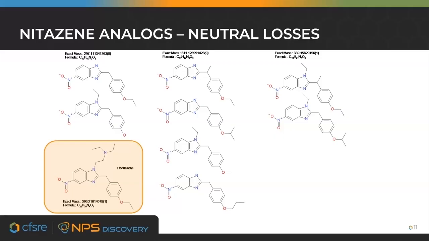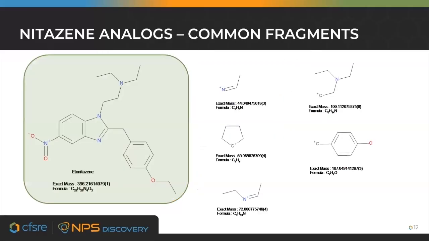whereas the 311 and 339 would be the primary targets for neutral loss incorporating nitazines. And you can see that, as I mentioned, the core structure can change varyingly in how the molecule is arranged, and the isobaric similarity remains the same, which is why it's useful for screening a wide assortment of compounds within this class. The common fragments are typically attached to this